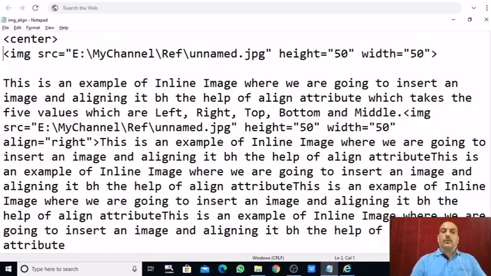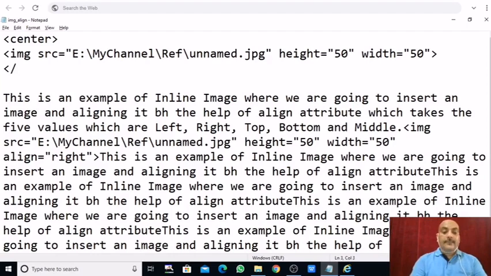As I told you in the previous lesson video also, the center tag aligns a paragraph. When we were going through paragraphs, we saw this center tag. So center aligns the paragraph to the center of the page, and this center will align the image to the center of the page. So write the center tag, use the IMG tag, insert one image, and again end with the center tag, you must end with the center tag again.